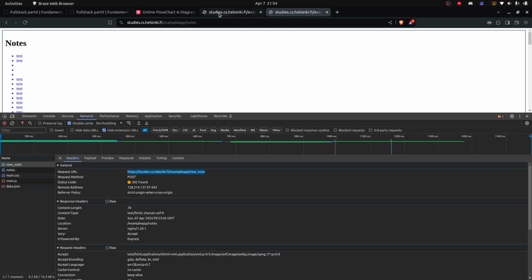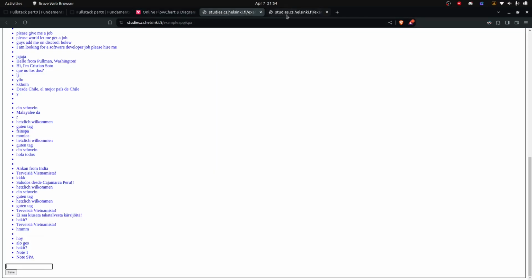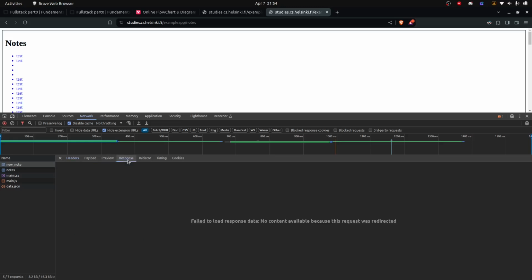So we can copy that in our flowchart, and then change the get method to post. As you can see, if you remember in the previous section, we did say that here is a post request. Then the response that comes back,